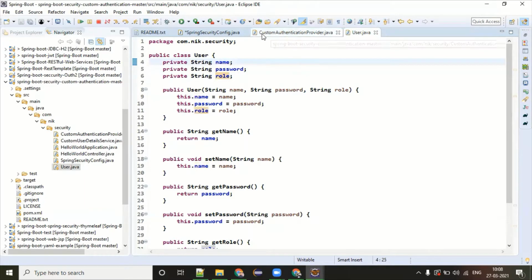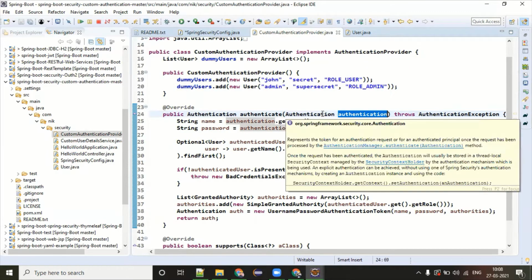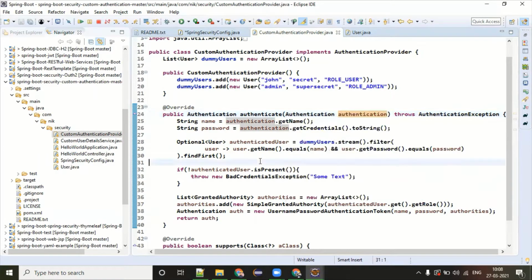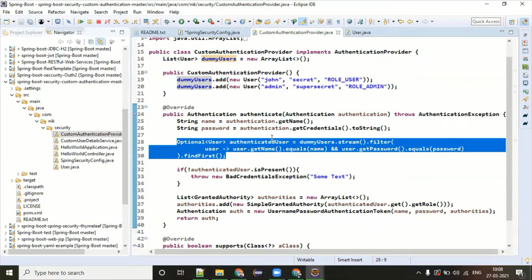So what we are doing under this custom authentication provider is, it is giving me one instance of Authentication, which again, I told you, is an interface, completely holding the implementation. So what I'm doing, I'm just validating this given username and password in my list. The piece of code which I have written here is in the Java 8 lambda expression way, or stream API way. So I hope you know this, right? The syntax you are familiar with?